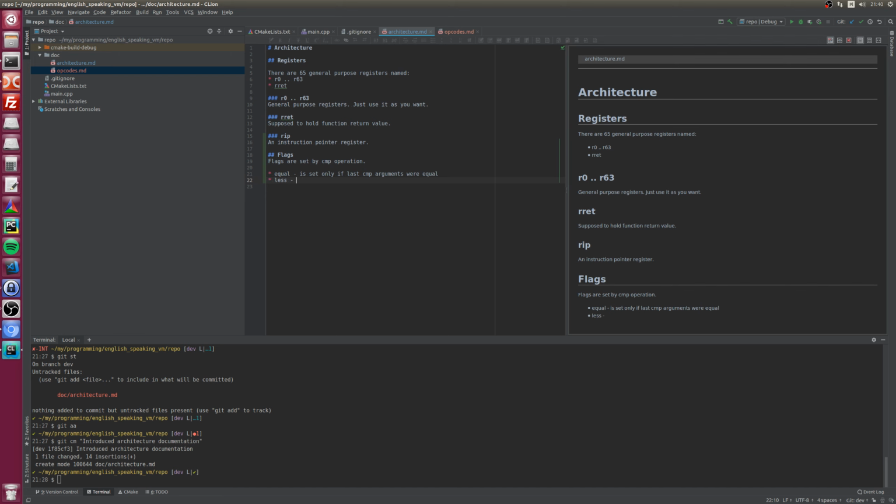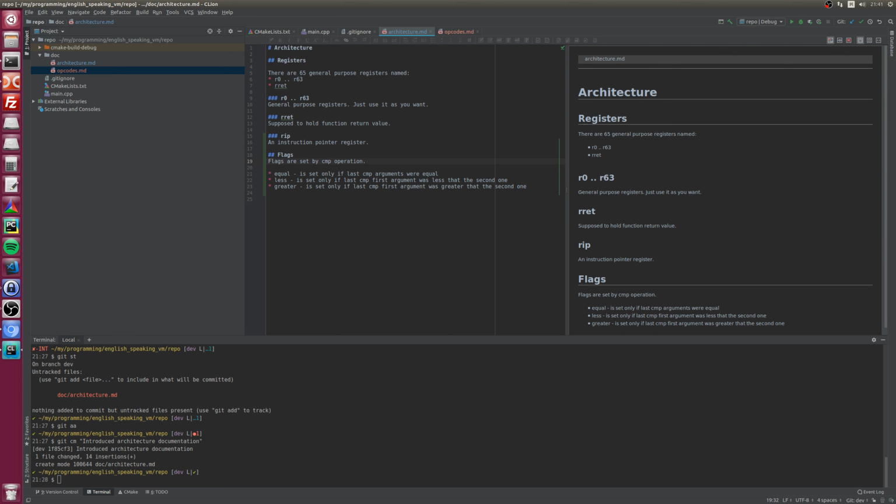Less, set only when the first one is less than the second one, and greater, set only when the first one is greater than the second one. Cool.